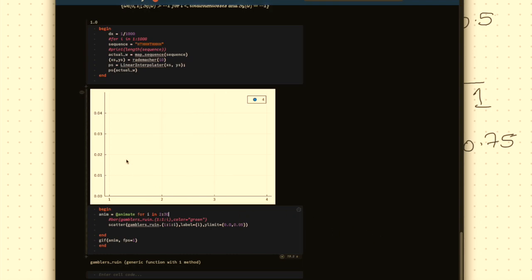So that's why you see the code is taking so much time. But anyway, the purpose is to just see the animation and understand the intuition why the mapping is important. Once you map the event, you can easily calculate the probability by just measuring the